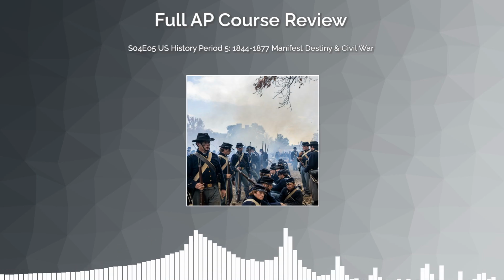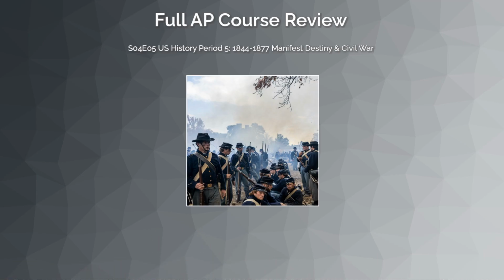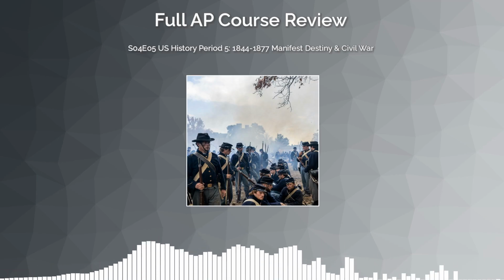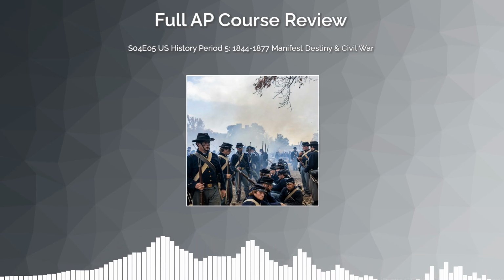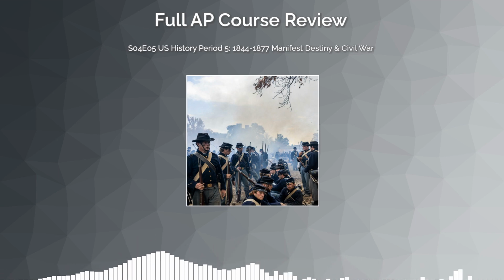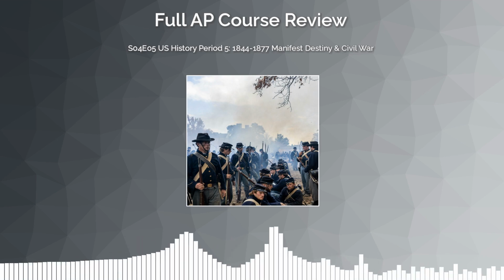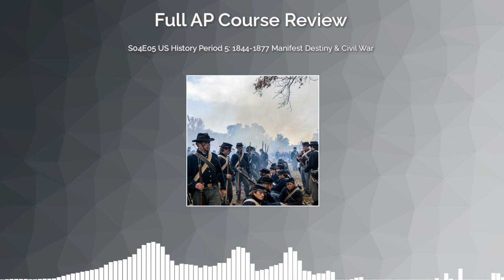Second, there was a heavy dose of racial ideology. Many Americans at the time genuinely believed that Anglo-Saxon Protestant settlers were racially superior to Native Americans, Mexicans, and other peoples of the West, and that this superiority justified displacement and conquest. Third, there was an economic hunger. Land meant farming. Farming meant wealth, and wealth meant power. These three pillars worked together and reinforced each other constantly.